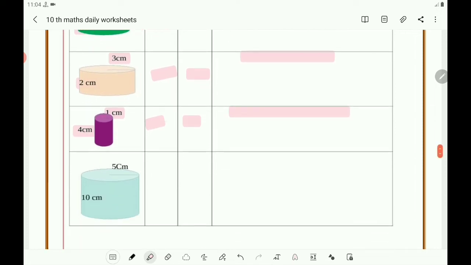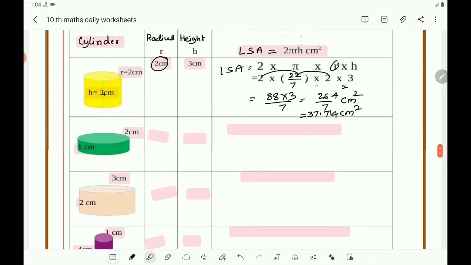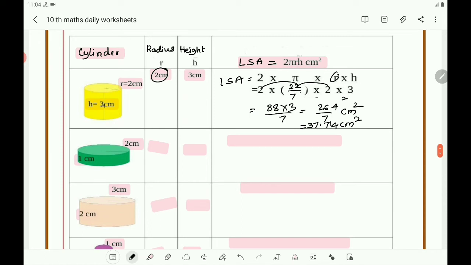The next, here radius is 5 cm, height is 10 cm. Here also you write the radius 5 cm, height 10 cm and write the formula for the LSA of the cylinder. So if you take this one, here you write R is 2 cm, H is 1 cm and the formula